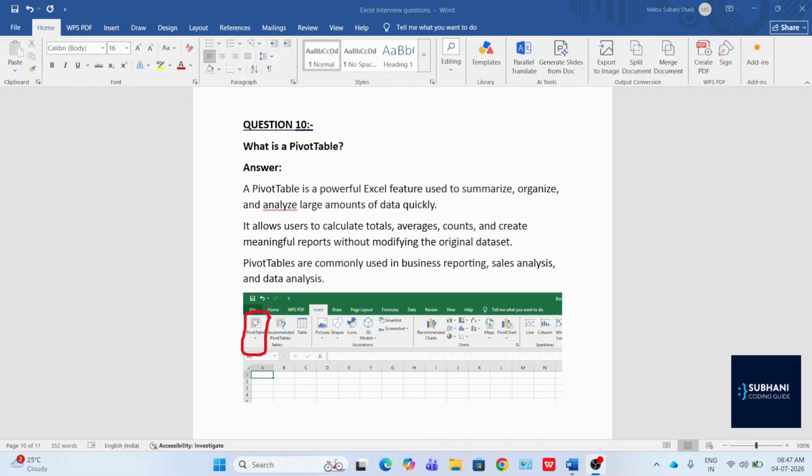product, region, or employee. One of the biggest advantages of a pivot table is that it allows you to rearrange and analyze data without changing the original dataset. This makes it easy to create different reports based on your requirements. Pivot tables are widely used by data analysts, accountants, finance professionals, and business managers to create reports, identify trends, and make better business decisions. In simple words, a pivot table helps you convert large amounts of raw data into meaningful